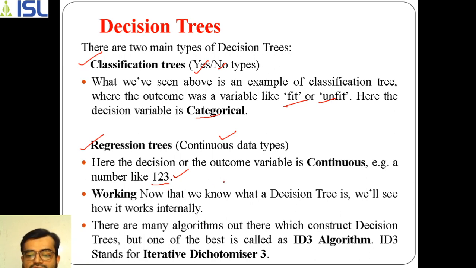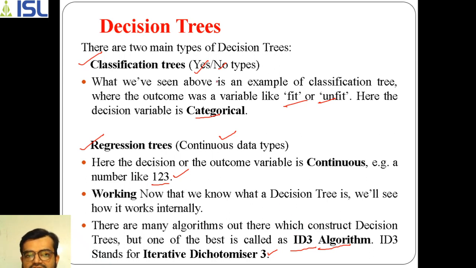What I'm explaining now is the ID3 algorithm. This stands for Iterative Dichotomizer tree. This is a standard name given here, and it is just a name. This also comes in examinations. They'll ask you to draw a decision tree using the ID3 algorithm. They'll give you a data set, and from that data set you need to draw the decision tree.